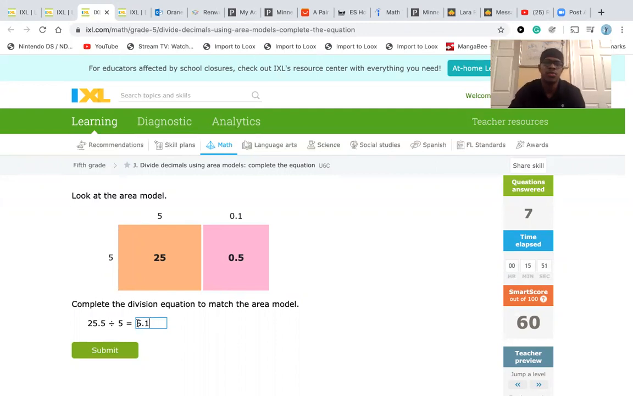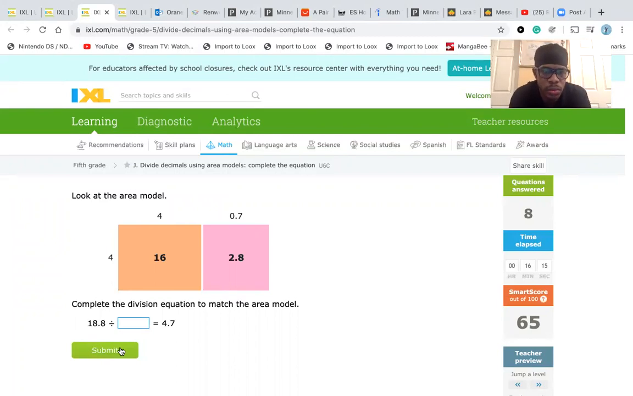And the inverse of that, 5.1 multiplied by 5 is going to give us 25.5. So, and if we look at the area model, 5 times 5.1 is equal to 25.5. Awesome. Okay. All right,